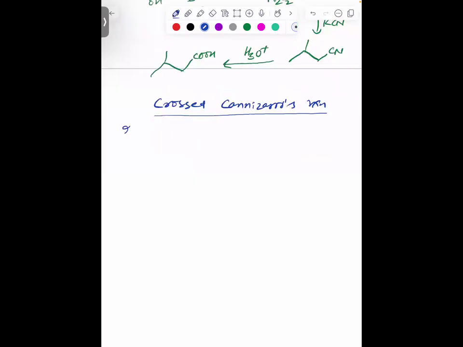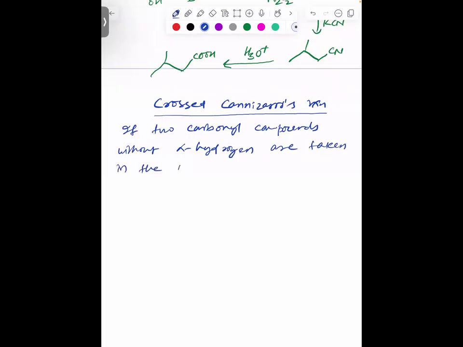If two carbonyl compounds without alpha hydrogen are taken in the presence of concentrated alkali, then the more reactive